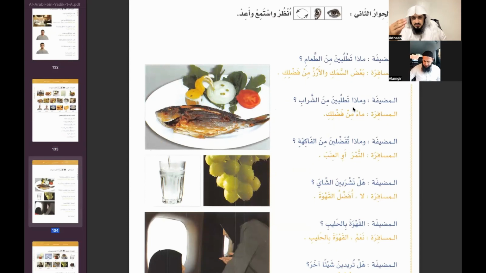Then you got another one. Notice you're getting a little bit deeper into your conversation. You got al-mudifa and al-musafira. Notice how the ta at the end signifies that we speak about women, feminine. Musafir is a traveler, musafira is the female traveler. Mudif is the host, mudifa is the hostess, like on the aeroplanes. So I'll be al-mudifa, you can be al-musafira.